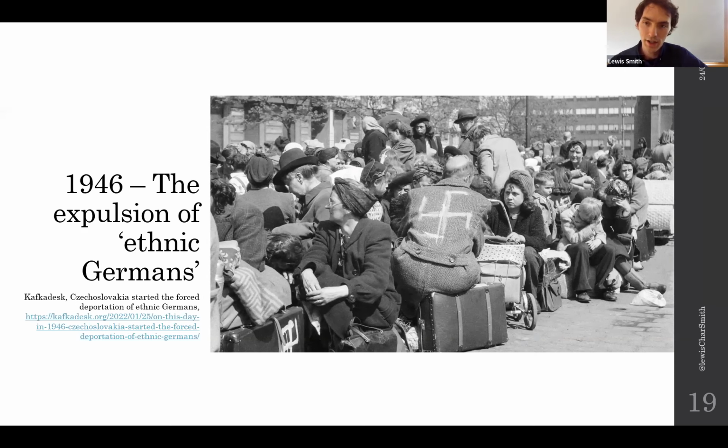And Czechoslovakia, as I said before, is an interesting case on the front line of the Second World War. Hitler's ultimate goal was to remove all Czech culture. He saw it as an abomination and something that didn't match with his philosophy, ultimately designating them as inferior peoples. After the Second World War, when Czechoslovakia reformed,